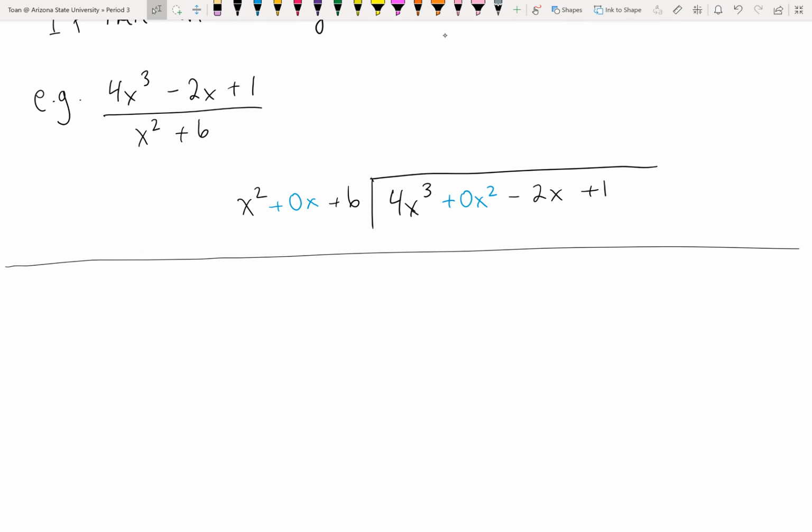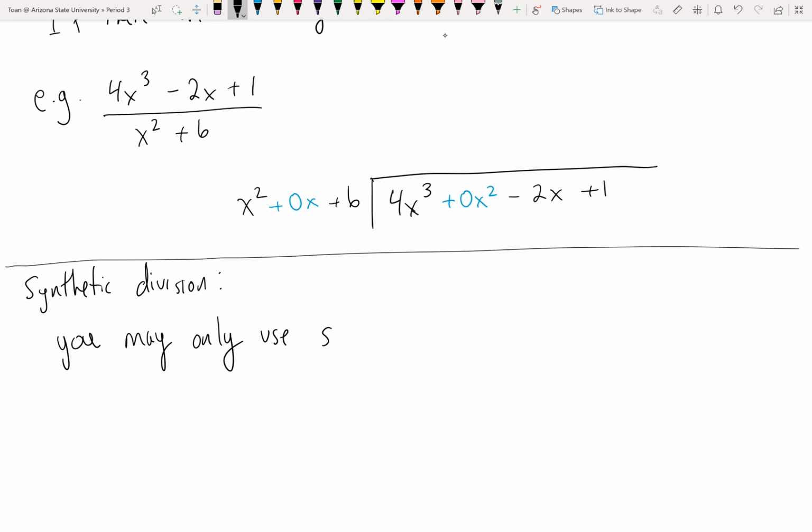We call this faster method synthetic division. And it is personally my go-to method. I use synthetic division whenever possible. I say whenever possible because it's not always possible to use it. When can I use it? The idea is that you may only use synthetic division when you are dividing